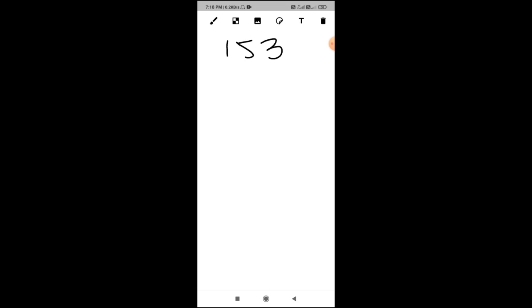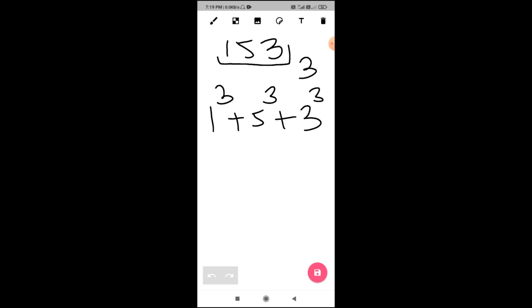As we can see, there are three digits in this number, and then we will write the number in the form like this: 1 to the power 3, where 3 is the total number of digits of the number, plus 5 raised to the power 3, again plus 3 raised to the power 3.